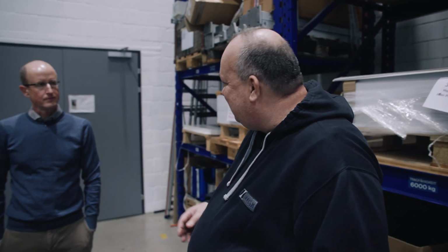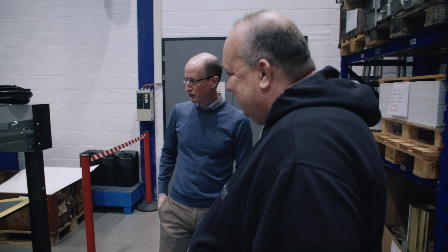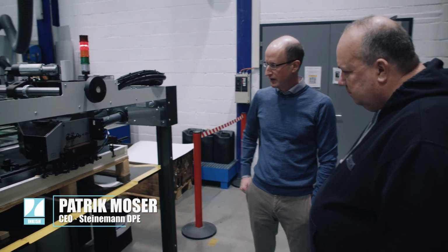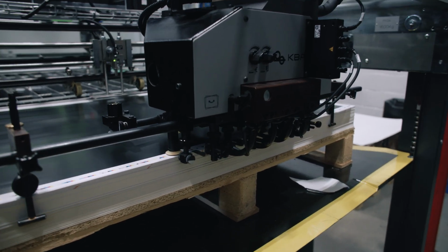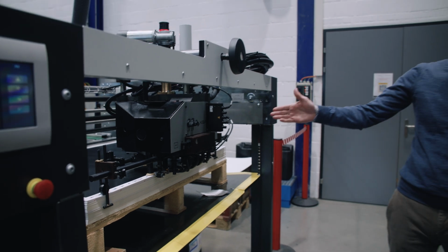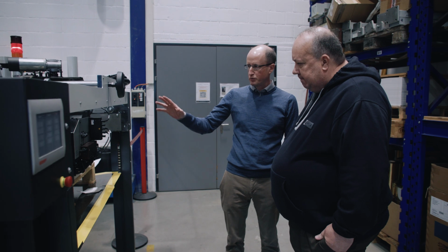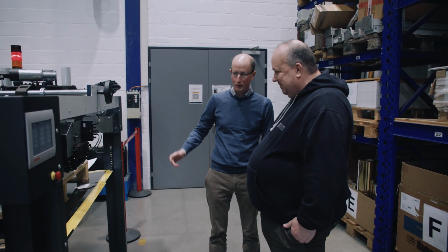So, Patrik, we are here at the feeding section of the MaxLiner 3D. What do we have here? So we focus on performance. That's why we chose an industrial suction head for the feeder. Sometimes from KBA, sometimes from Heidelberg. Okay, so is it the customer that decides, or can you decide depending on the configuration of the machine? It's more that on the B1 is the KBA, and on the B2 is the Heidelberg suction feeder. So it's a proven system. It would work up to 20,000 sheets per hour. We don't need that, but